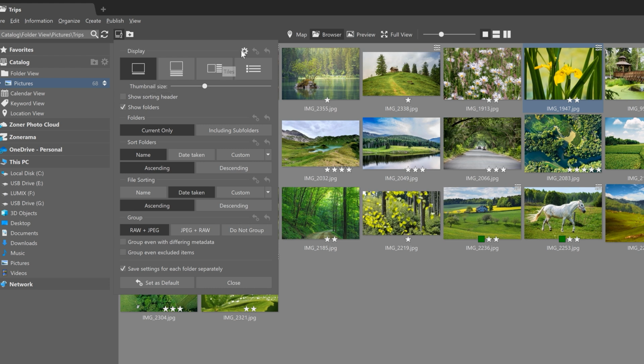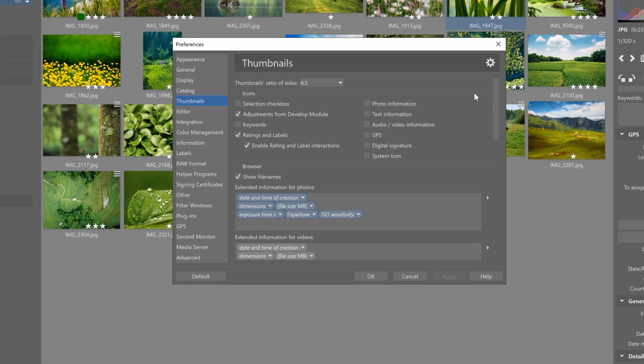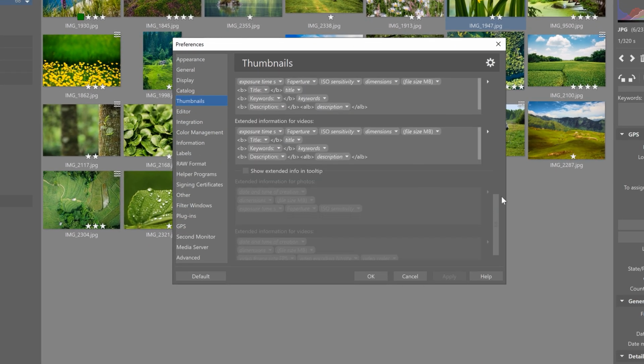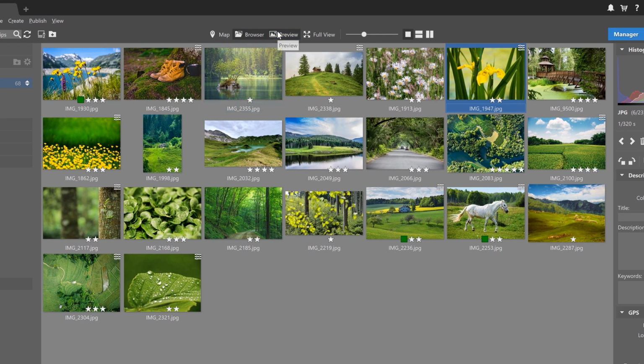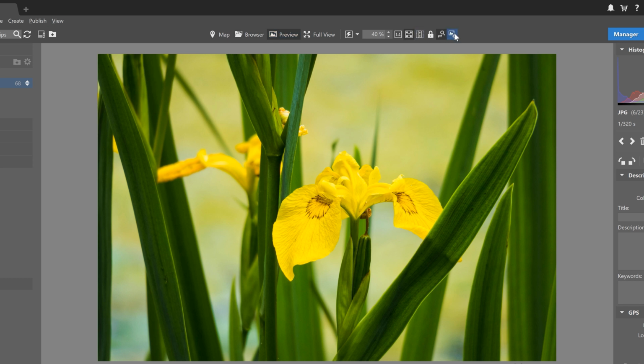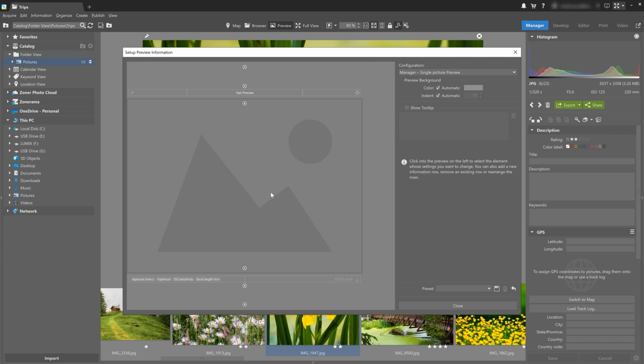You can easily set what information is displayed with the thumbnail options. I can continue to work with how the previews are displayed in a larger preview by clicking Preview Options and then Set Up Preview Information. We can completely change the preview settings with what information is displayed in this window and completely customize it. You can see what can be added, removed, how to change the background, and other options. And of course, these are just some of the plethora of options we have at our disposal.